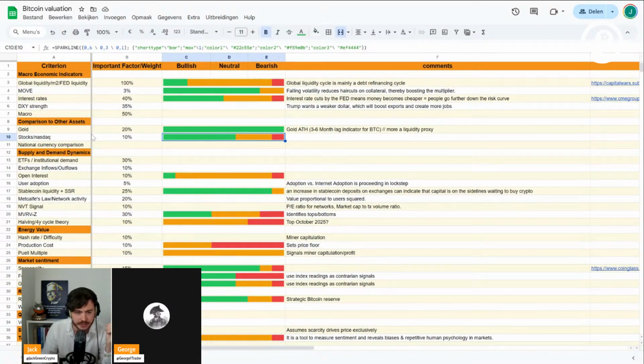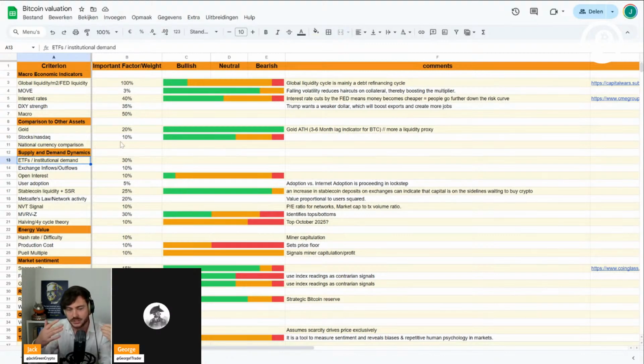I don't have a chart for this. You can also value Bitcoin if you compare it to other currencies. I don't have this either. So I'm not going to show everything today, because then we will be here for about 2 hours. I only show the things that are important at the moment. For example, ETFs, I don't have anything up, and I also think it's less important than before.